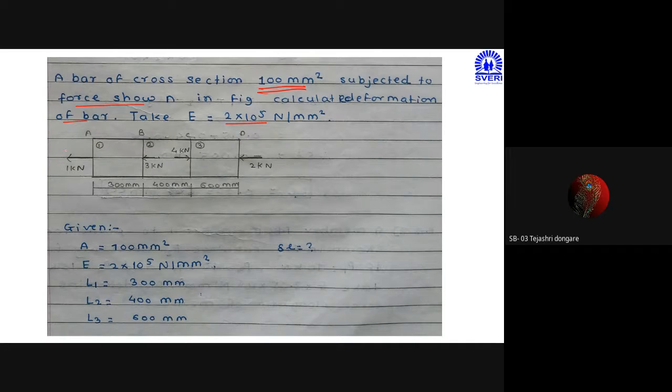Yes, sir. Okay, if it is visible properly, please start the solution and represent the value of P1, then P3, and then P2 in the chat box. So I will check. The area is given constant. You can see here 1000 mm square. Young's modulus is constant. All the lengths are given: L1 300 mm, L2 400 mm, L3 600 mm. Young's modulus is given as 2 into 10 raised to 5 Newton per mm square.